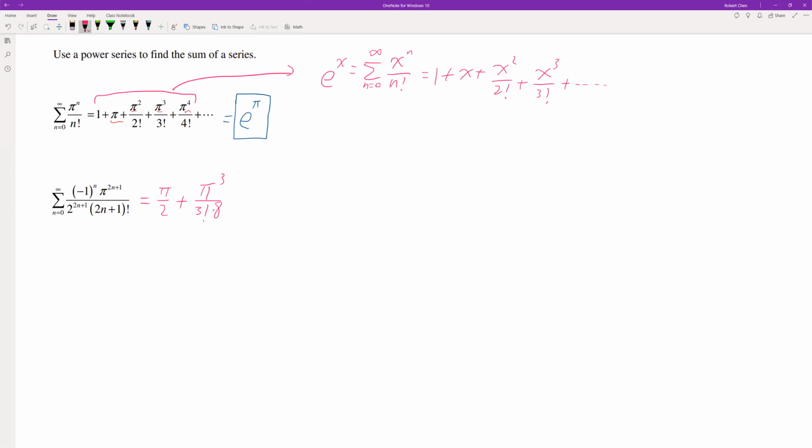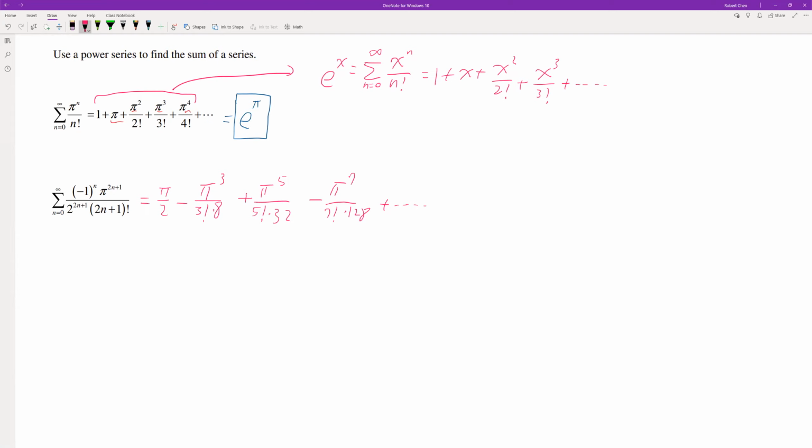Oh, sorry, it's a minus, and then plus pi to the 5th power over 5 factorial times 32, minus pi to the 7 over 7 factorial times 128, and so on, right? Okay, so what I'm going to do now is look into each factor and then factor out